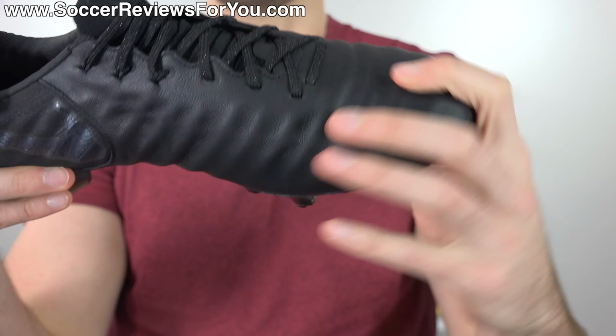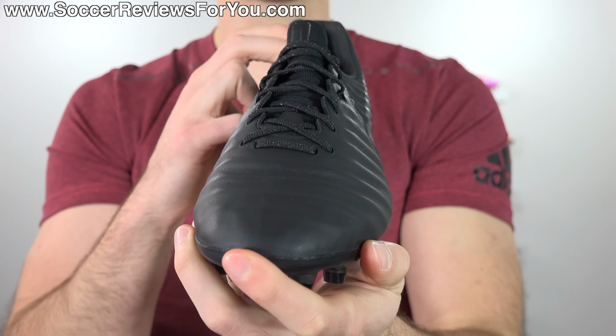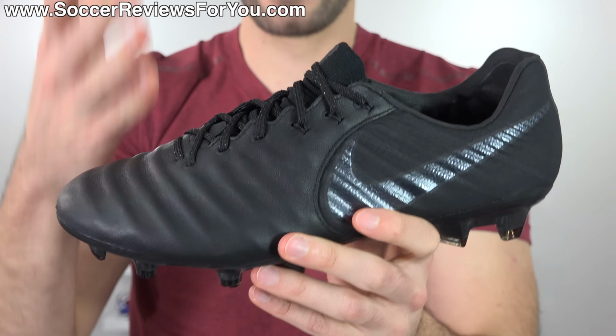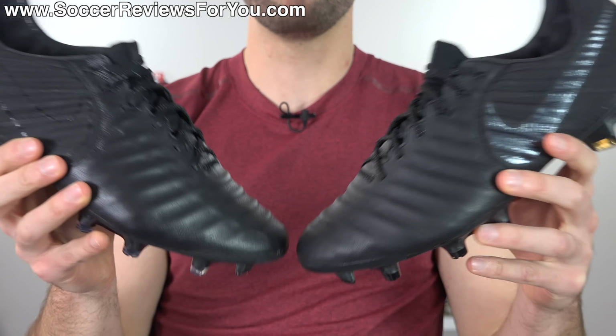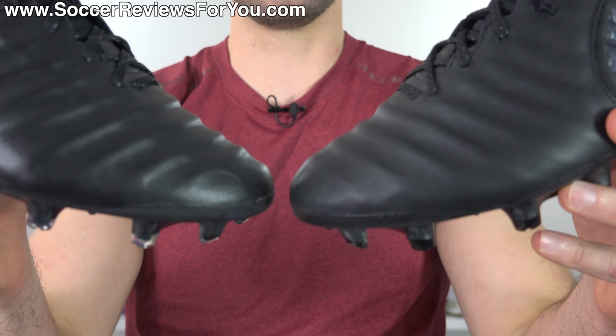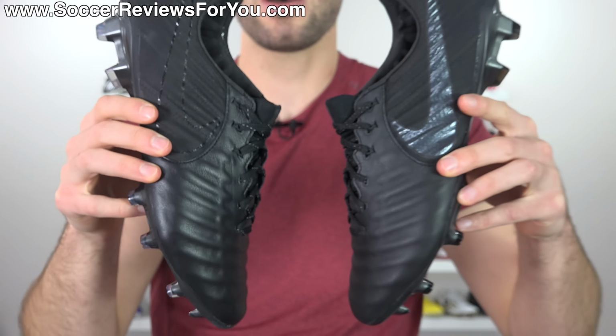The leather looks the same, it feels the same, either in hand or on feet. It is impossible to tell a difference between the calfskin and the kangaroo leather that you'd find on the regular Tiempos. Now you'll notice there is a little bit of a difference in the finish here. This one's slightly shinier, this one's a little bit more of a matte finish, but they're not exactly the same